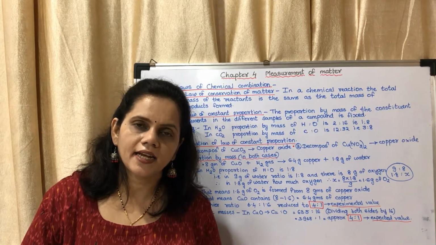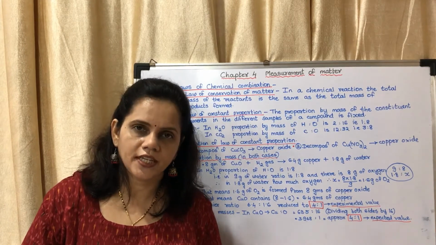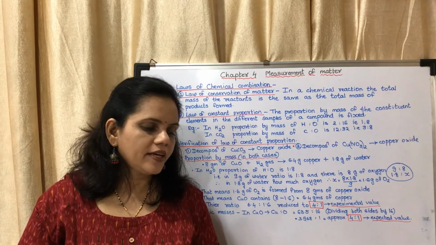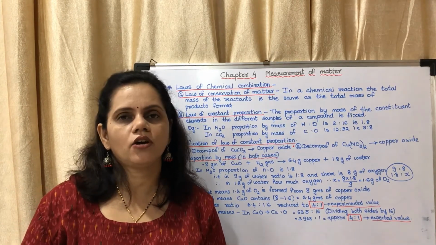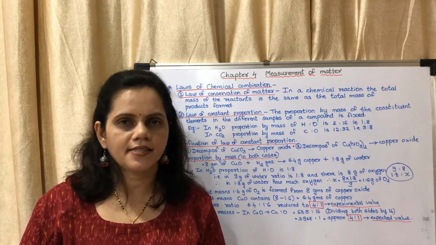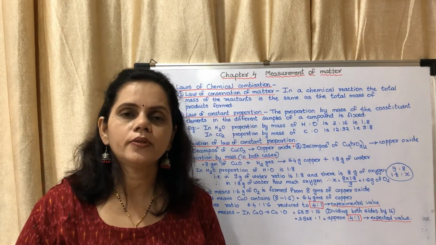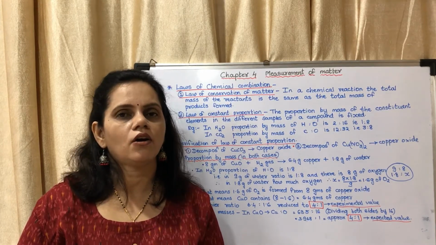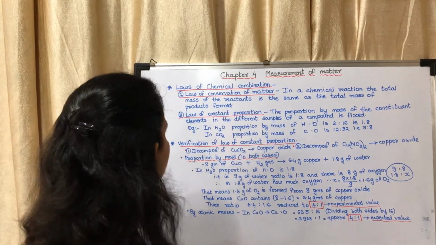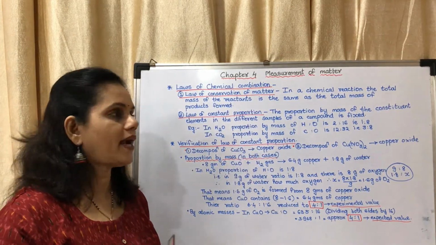You may see that the mass of the conical flask is again 300.23. Okay, so what can you infer from this? You can infer that matter is neither gained nor lost, it remains the same. So this activity is to explain or demonstrate the first law of chemical combination. Okay, the first law of chemical combination is law of conservation of matter.